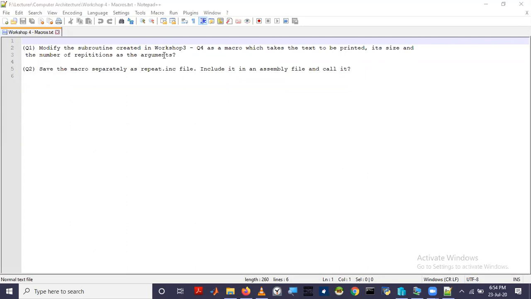So what if he wants to print another text, another number of times as given in the input? As we call it, we should be able to print the required text the required number of times. So if we implement such a thing using subroutines, we'll have to create subroutines for each and every variable of that occurrence.